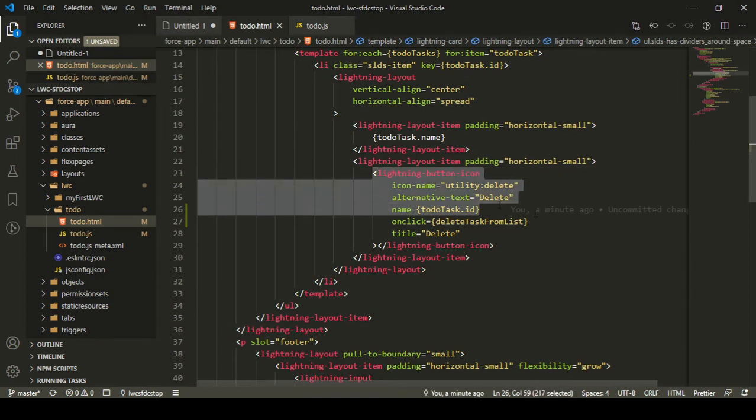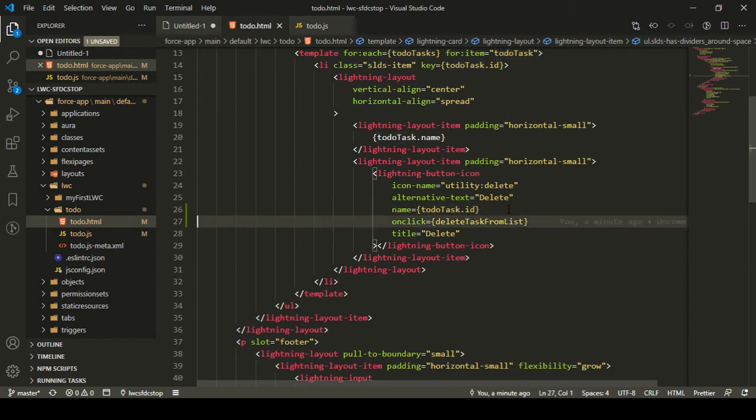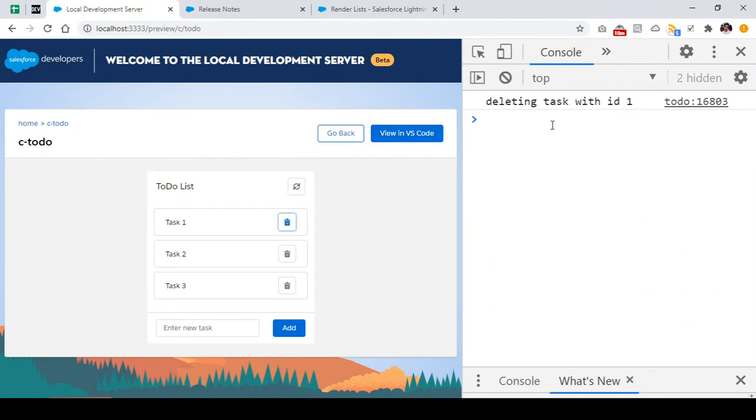So this name attribute is actually bound with the ID of my to-do task, which is an object in the list, as we learned about this in the previous video, right? So this is the name attribute whose value is actually coming in the function, right?